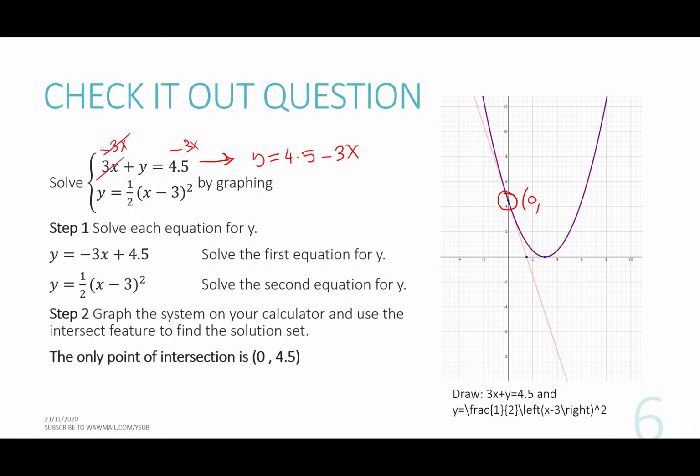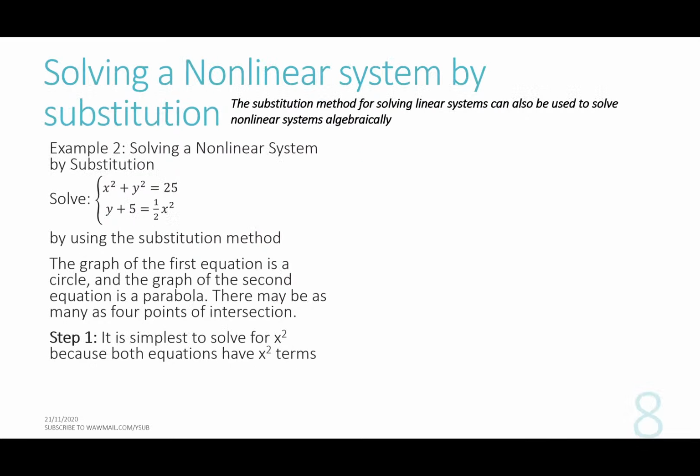If you see here, there are two equations. We need to find the intersected point and resolution for them. By using the substitution method, what we do here is that the graph of the first equation is a circle, and the graph of the second one is a parabola. This you can get from the graphical calculator. There may be as many as 4 points of intersection. If we want to resolve it by x squared, because both equations have x squared, if you can see clearly here,